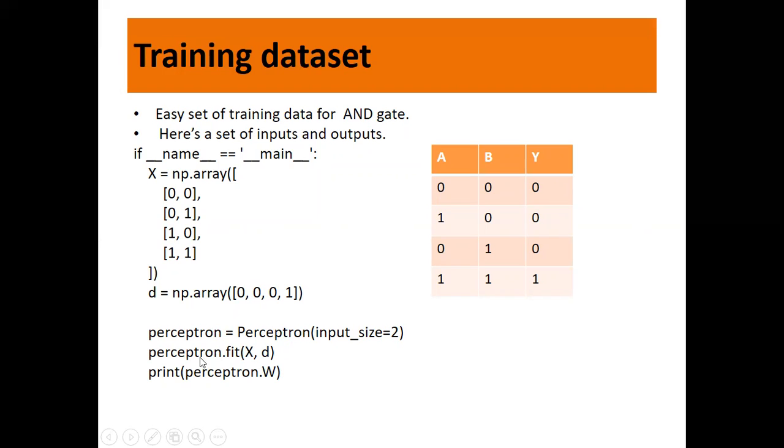Now what we do is create an object of the perceptron class by passing the size of input as 2. We have input size 2, x1 and x2, right? We pass it to the fit function which actually does the calculation, and now we are printing the weights. Remember here I'm not printing the output, I'm printing the weights because our main motive here is to check how the weights are updated. Fine.